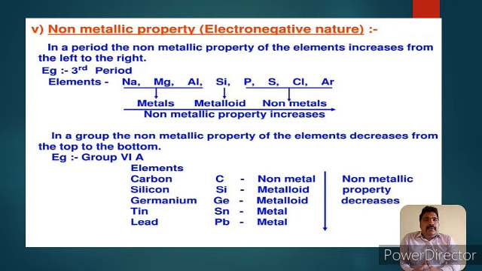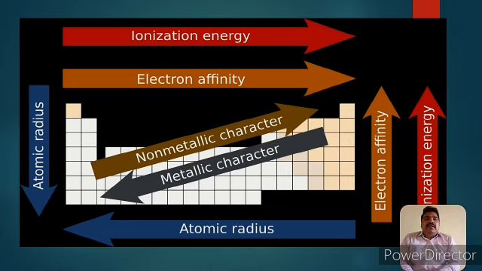There are three periodic trends we have to study today, that is valency, next one is metallic and non-metallic property, and atomic radius. These three periodic trends are very important in our SSC exam. Questions will basically be asked on that topic. It is a chart in which we can easily study our periodic trends in the periodic table.